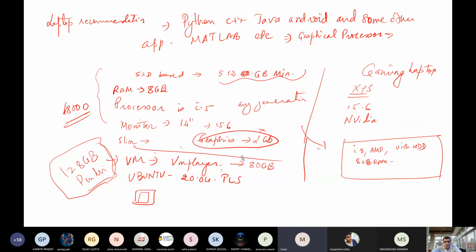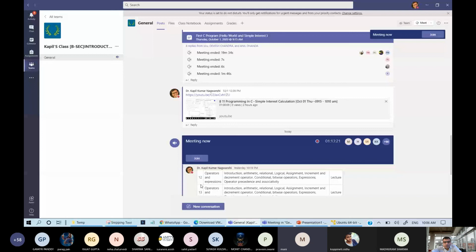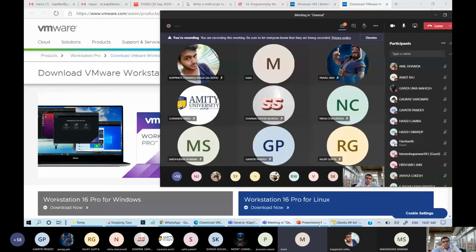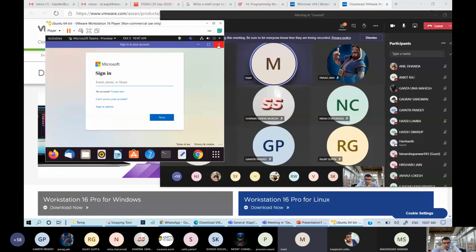So now it is clear. I'm expecting that no one will ask questions related to purchasing a laptop. They can ask, although, but see, this is my general configuration, so better to purchase using these general configurations also. And see, Microsoft Teams is installed in this virtual machine also. Here, this virtual machine Ubuntu is running. Microsoft Teams is also shown here.